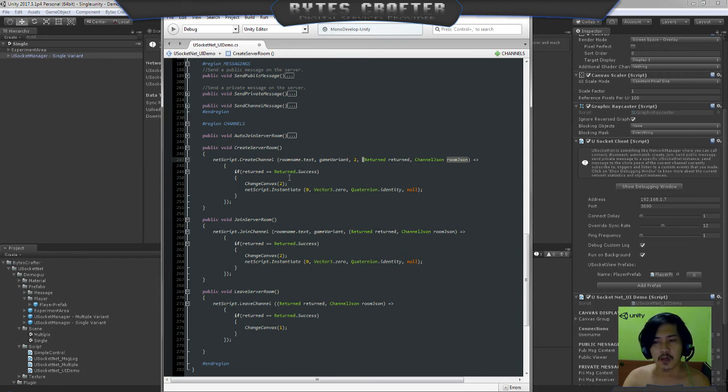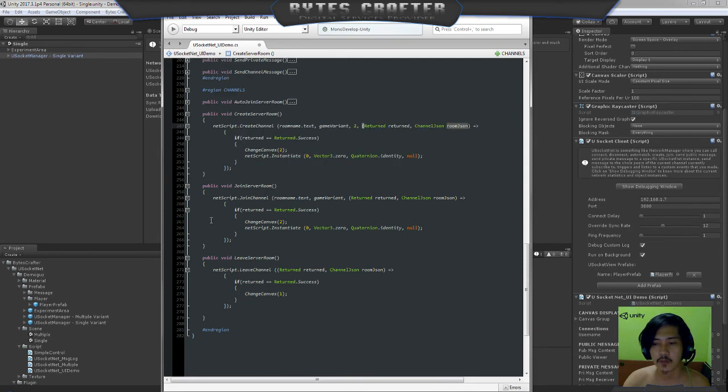So failed will only occur here if the current channel name or room name is already created on the server, or the current room name is created with the same variant or maximum connection. So that's it. Basically, when we create a room, I implemented here that when success, instantiate at this position and rotation and a null of a parent.